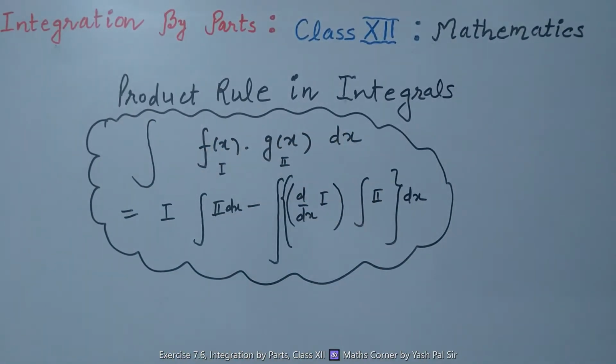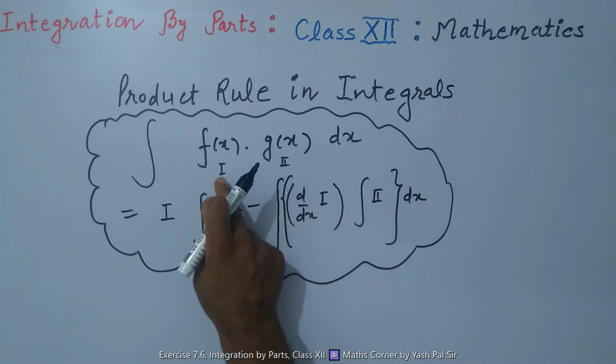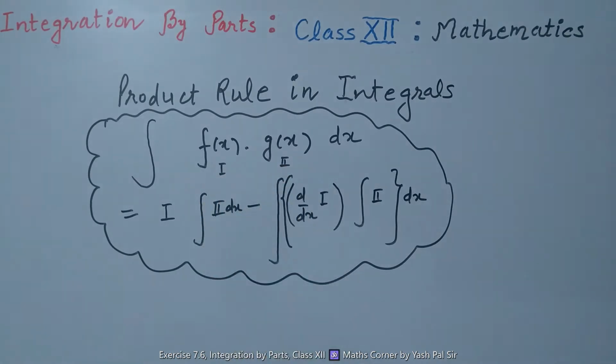So this is the way we can find the integration of integrals having the product of two functions. First of all, the question is whether we can consider g of x as the first function or not. For this purpose we have to keep the following points in mind. This is the rule from which we shall recognize which function should be the first function.